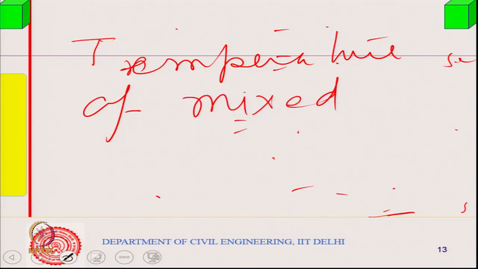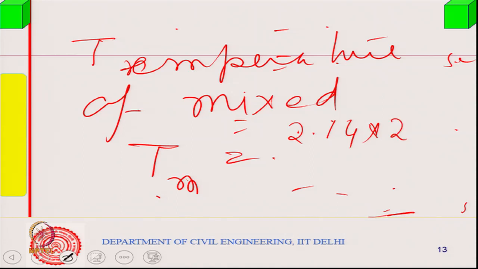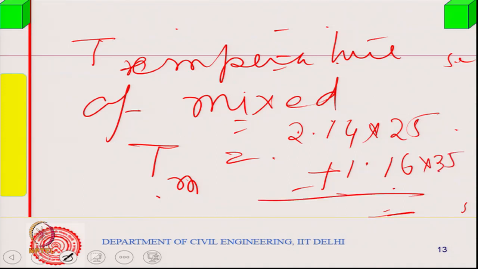I now have recirculated air and fresh air mixed together, and the mixture temperature would be given by, let me call it T m. This would be 2.14 into the temperature of the recirculated air, 25 degrees centigrade, plus fresh air 1.16 into 35, divided by 3.3,